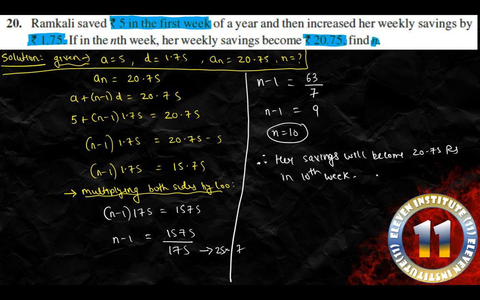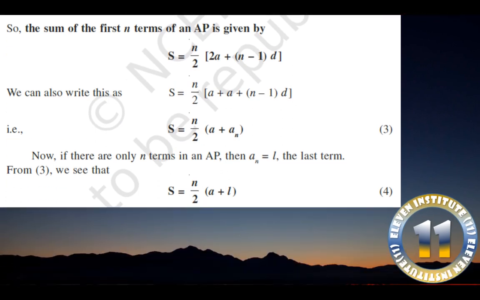Exercise 5.2 we have finished and this is the new topic for us. Sum of first n terms. I will explain this to you in the next video lecture. But currently what you have to do is you have to write these formulas in your book. Right, this is the first one that you have to write. Sn is equal to n by 2 into 2a plus n minus 1 into d. And this also, n by 2 into a plus l or a plus an. These both are similar. These both are the same.